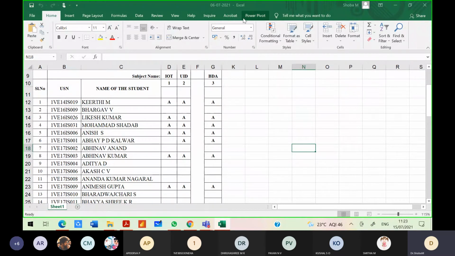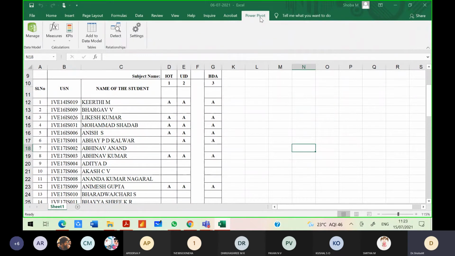Apart from the normal options, based on the few add-ins you can embed within your Excel, you have something called Power Pivot. This is a very important add-in available in MS Excel. You can create a data model, you can add a data model to the existing data. You can detect whether any relationship exists between the data or not. You can find out the key performance indicators of the data model, even that feature is available. You can in fact measure a few of the parameters. For example, if you say manage measures here,